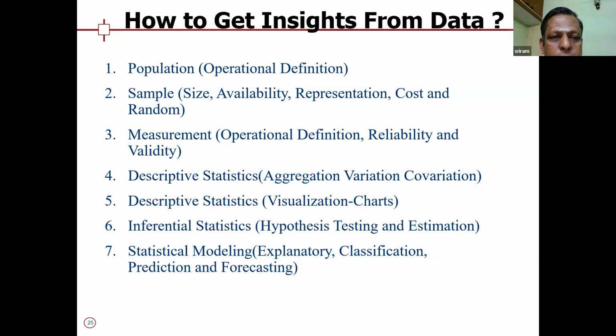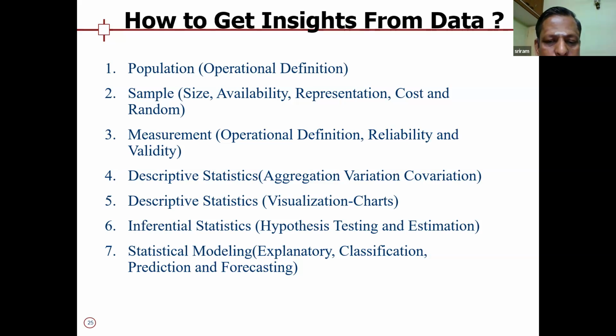So in any study, you have to clearly define the population, clearly define the sample, clearly define the measurement, and do some descriptive statistics at least. Inferential is, at the minimum, number 5 you should do. But if you do hypothesis testing in the study, 6 is very, very important. This inferential statistics will tell you that it quantifies the uncertainty.